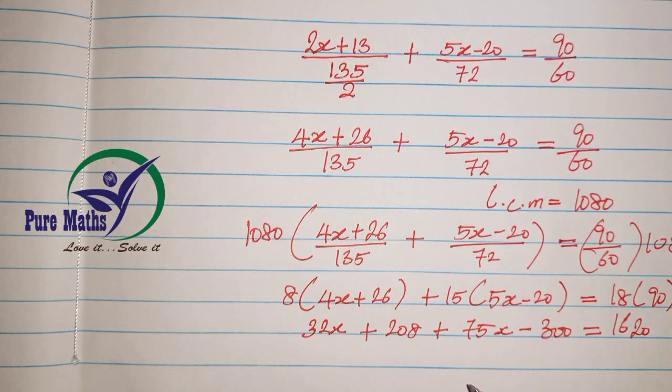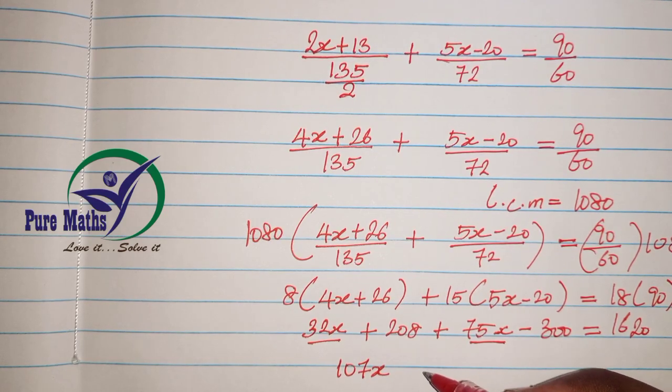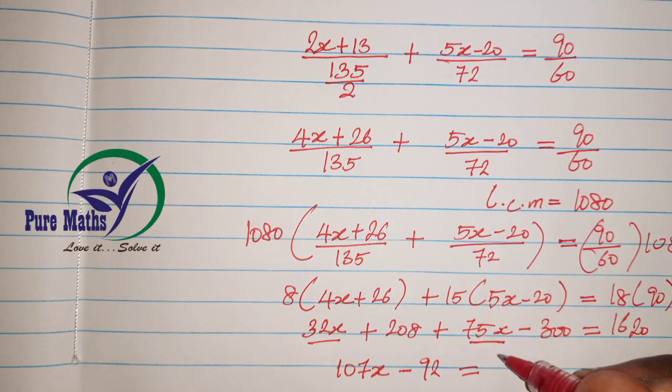All right, so that is what we have having opened the bracket. Now the next thing is to collect like terms and add them together. So of course we have 32x and we have 75x here. When you add them together, what you'll be having is 107x. Then we have minus 300 plus 208. When you do that, you'll be having negative because this is a very big number, so you have negative in front. So when you subtract 300 minus 208, you'll be having just 92, and this will be equal to